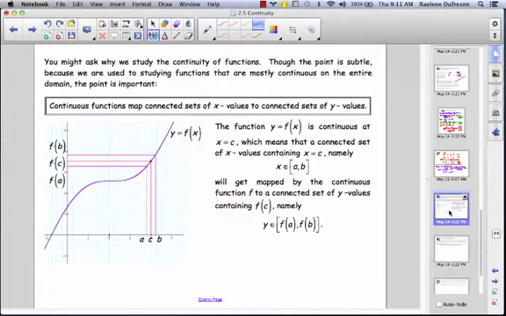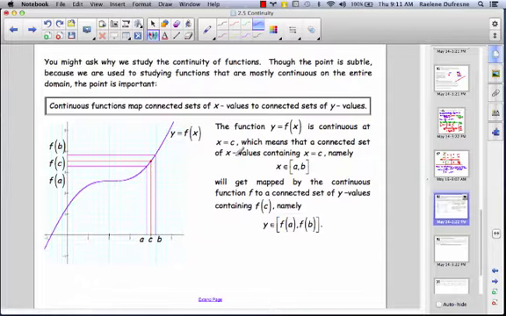You might ask why we want to study the continuity of functions. It's a subtle point, but we are really going to take a look at it now in talking about connected sets. Continuous functions take sets of x values and map them to sets of y values. But more than just mapping some x coordinates to a set of y coordinates, or mapping the domain to the range, continuous functions map or relate connected x sets, so sets of x values that are connected, to connected sets